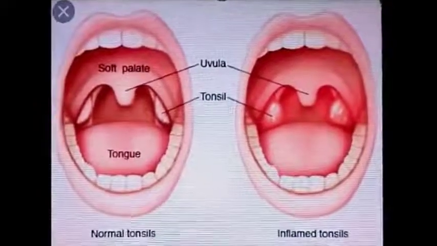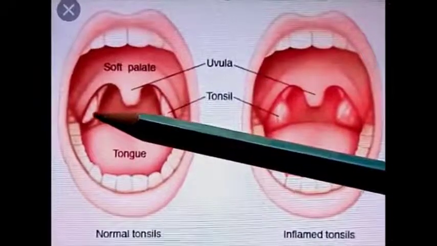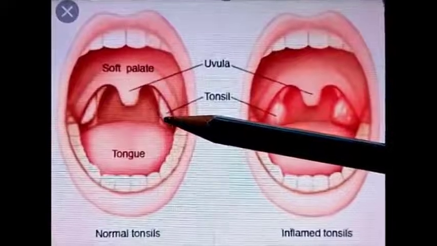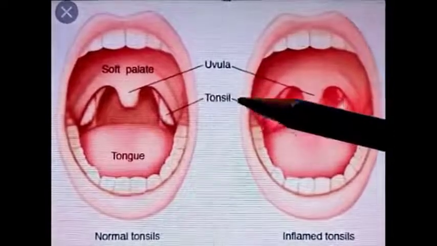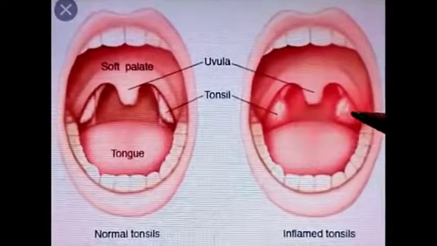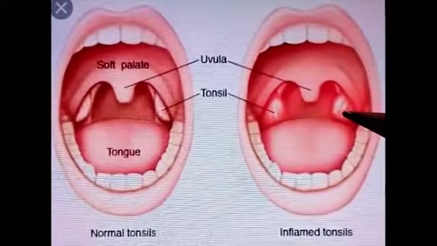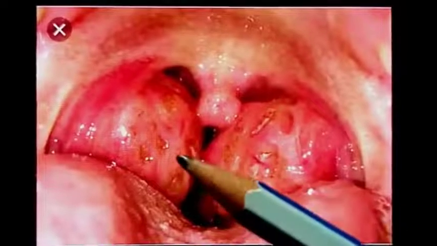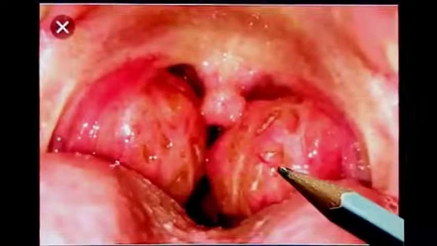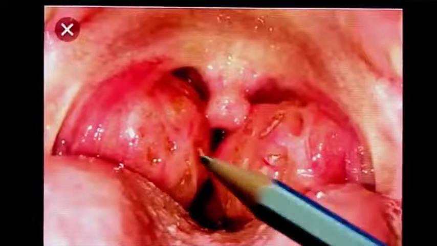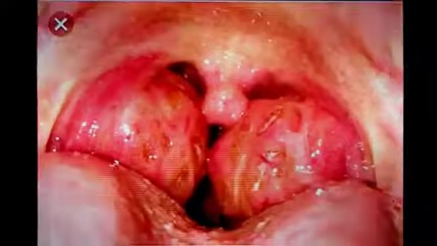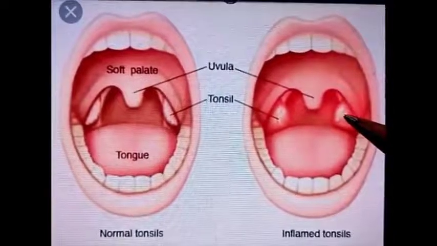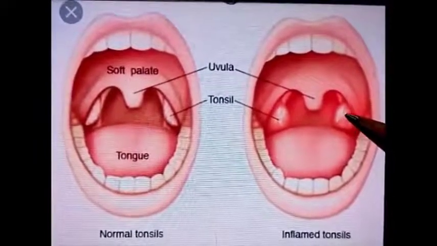So one should have knowledge about the normal size of the tonsils. This is the normal size of tonsils. These are visible in the form of small swellings, but in case of tonsillitis, these become enlarged in size. In severe conditions of tonsillitis, the tonsils may get this much enlarged. Enlarged tonsils may cause referred pain in the ear as the glossopharyngeal nerve supplies the ear as well as the tonsils.